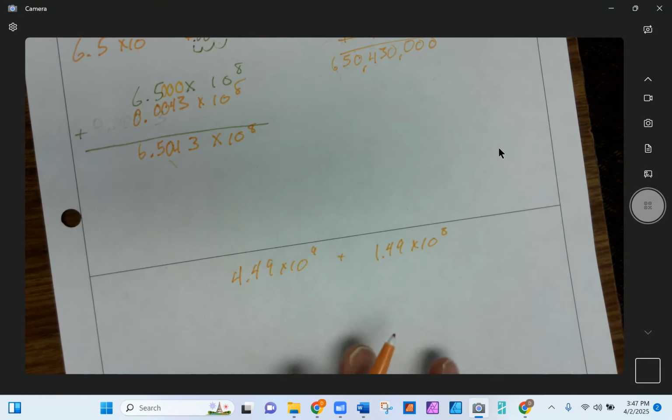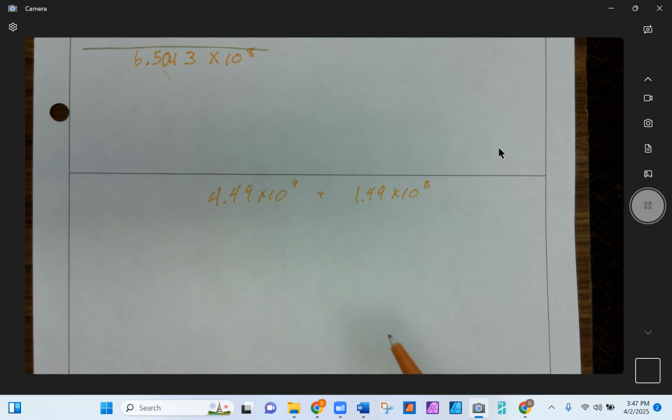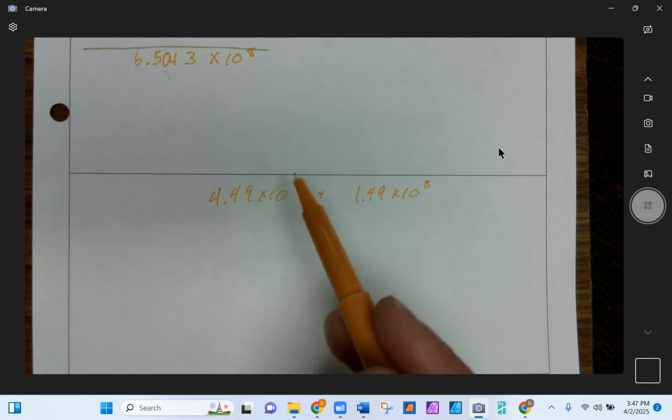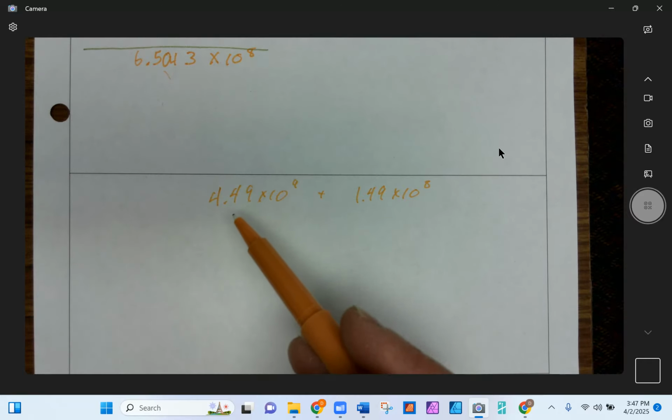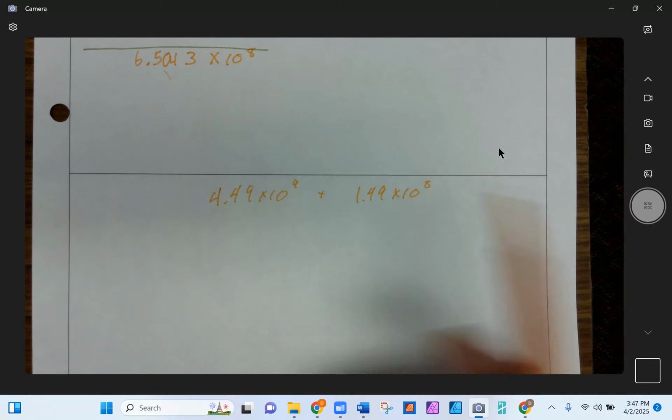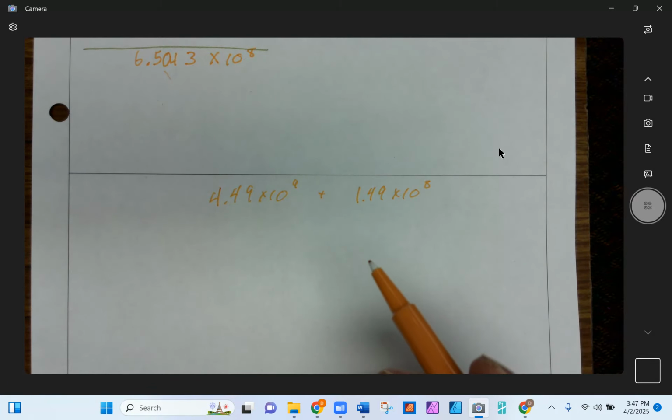Okay. Now, I guess it's just a math teacher thing. Even though this was listed on the right side of that drawing, I put it on the left side. I guess it doesn't really matter when you're doing addition or multiplication, but it does matter when you're doing subtraction or division. But anyway,